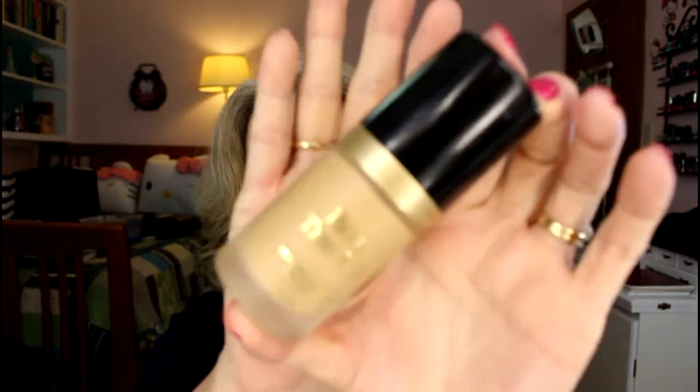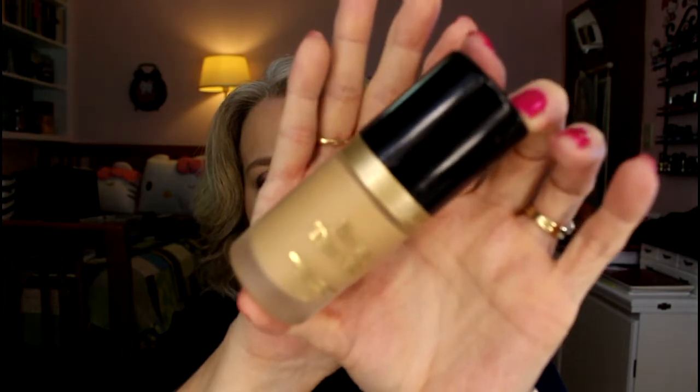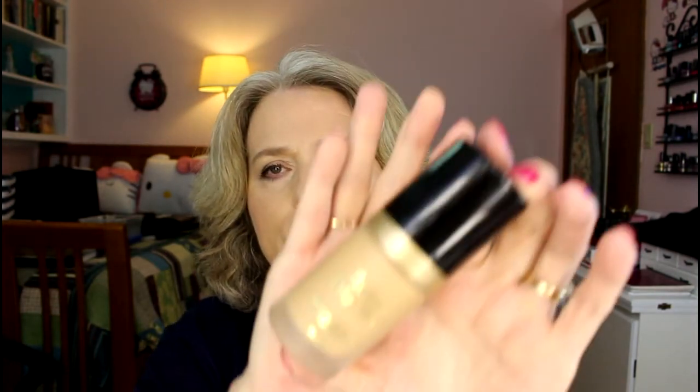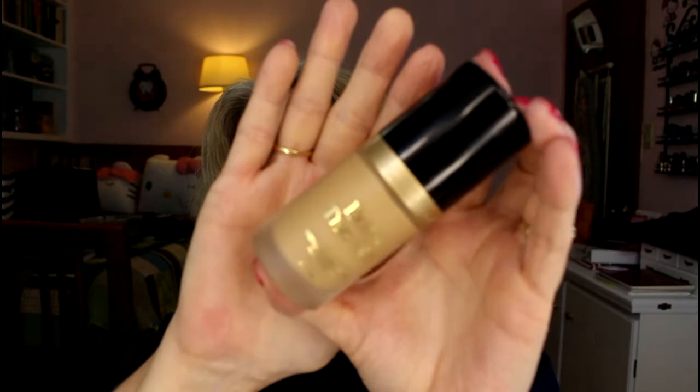So I did use the Too Faced Hangover RX Primer. I figured I'm going to try to keep brands together because I'm thinking they're meant to work together. So anyway, I used the Born This Way foundation, and this was like holy grail status for me. When I first got it, I didn't have a lot of other high ends. This is Warm Nude, which does look a little bit dark on my hand, but doesn't look dark on my face. And then I also used the Born This Way concealer,